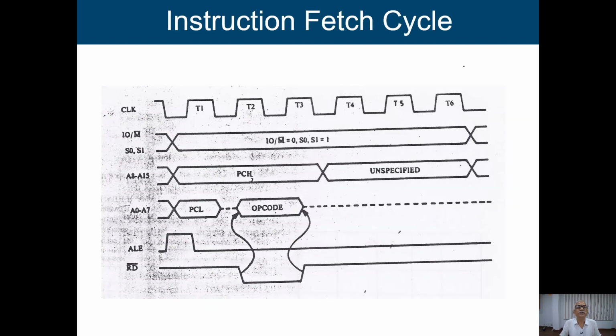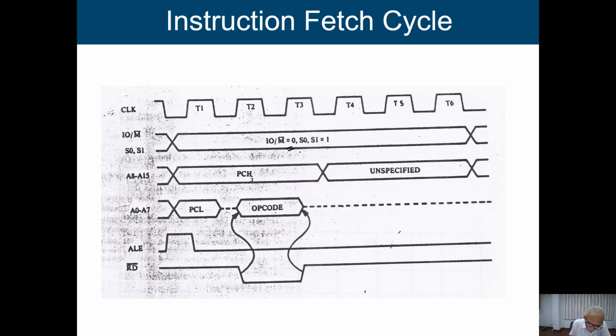You just see, this is a simple timing diagram. This is the instruction fetch cycle. Now what will happen in this particular case? IO/M is 0. So when IO/M is 0, it says that we are going to work with the memory. Whatever address you put on the address bus will be treated as the address of a memory location.